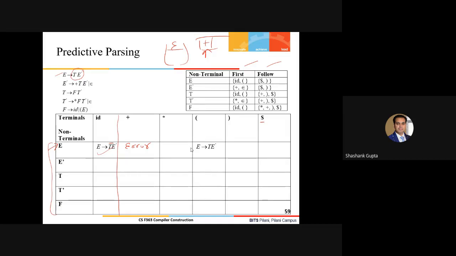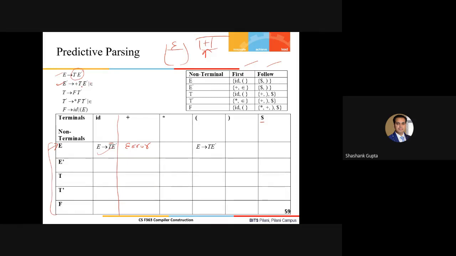Fine, guys. Now I'll go for this one. So here we have two right-hand sides. We have two productions. One is plus T E prime, and another one is epsilon. And we know how to handle the cases of epsilon here, right?